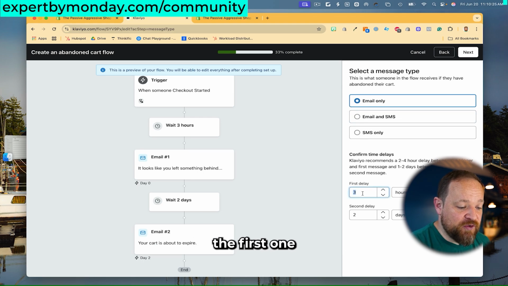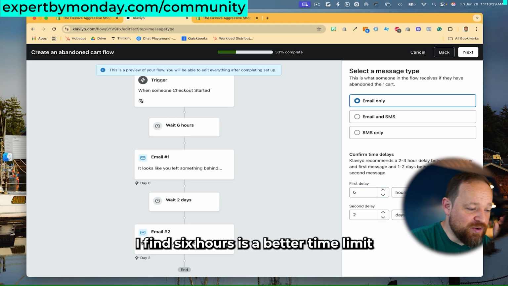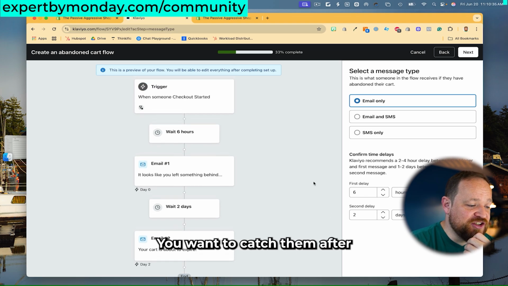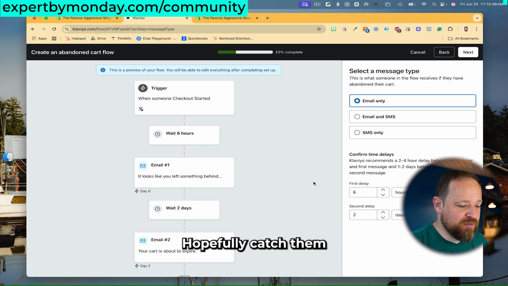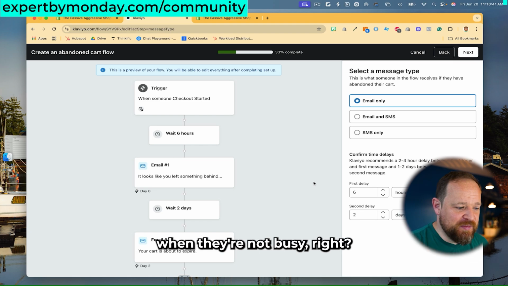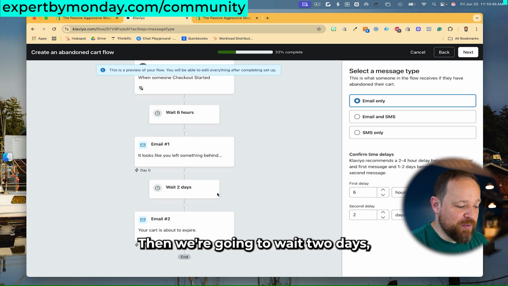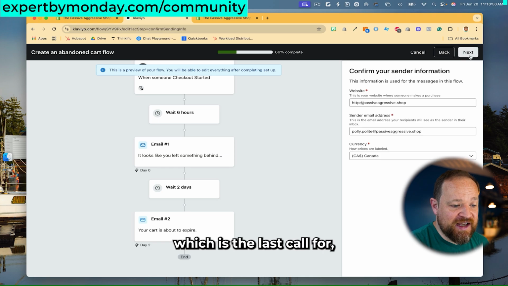The first one, I'm going to actually change this to 6 hours. I find 6 hours is a better time limit than 3 hours. 3 hours is a little bit too quick. You want to catch them after they finish doing all of the things that they were doing. Hopefully catch them when they're not busy, right? So it looks like you left something behind. Then we're going to wait 2 days, and then we're going to say your cart is about to expire, which is the last call for